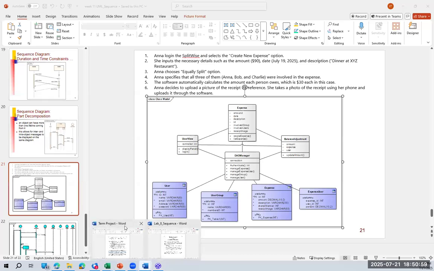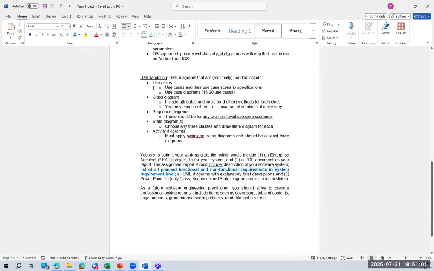So that's the term project. You need to start with the system requirement. Then from the system requirement, you identify the system requirements that need further clarification to draw the use cases. Each use case must contain the flow of event. That's what we call the further clarification: adding the flow of event into the use case so that I know what it actually